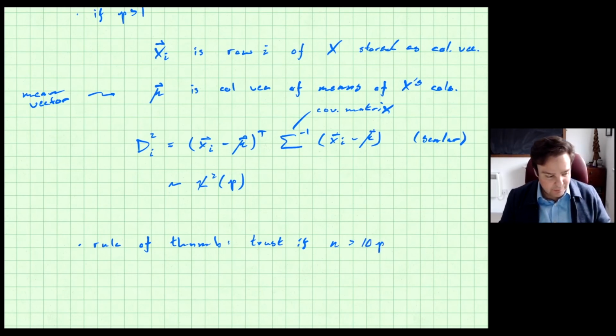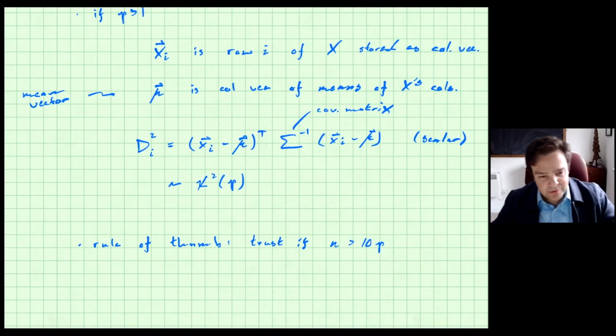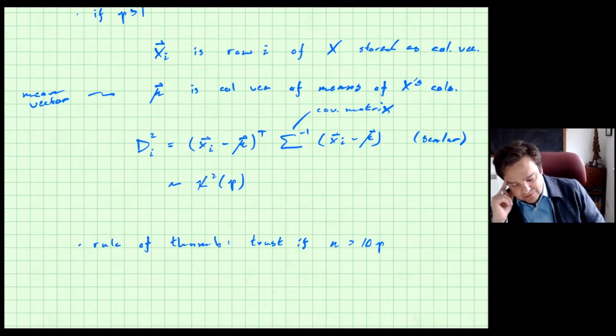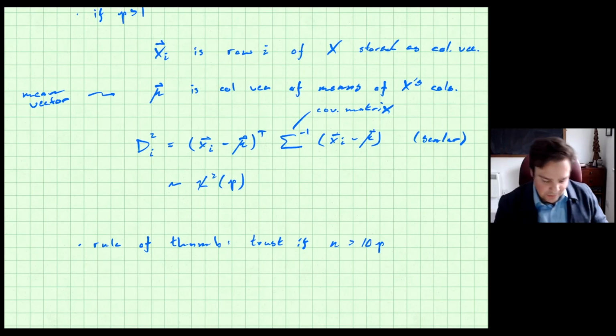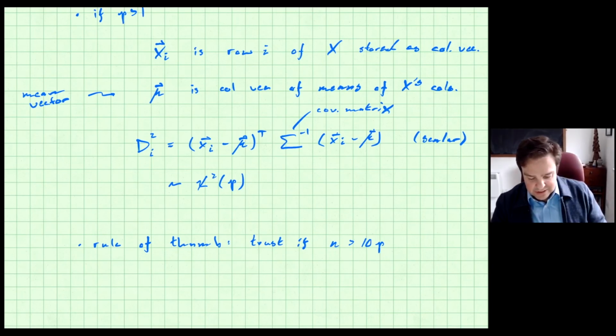Right, that's a rule of thumb, so I don't know. You can trust it if you want to or not. And remember, this is just a way to do a graphical test using a quantile plot for something that you might be more wise to do a formal hypothesis test of. But this is a quick thing, or at least it's a little quicker, and you can just check it really fast. So you compute these d's and then do a quantile